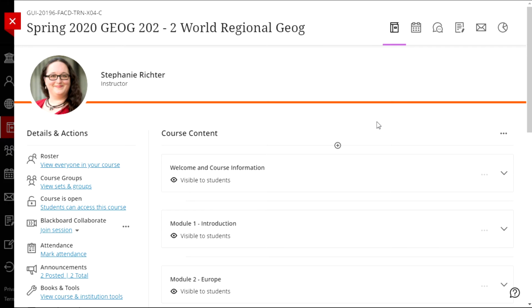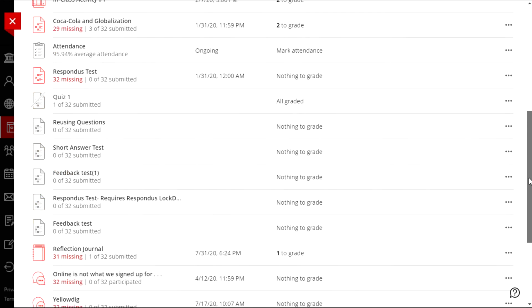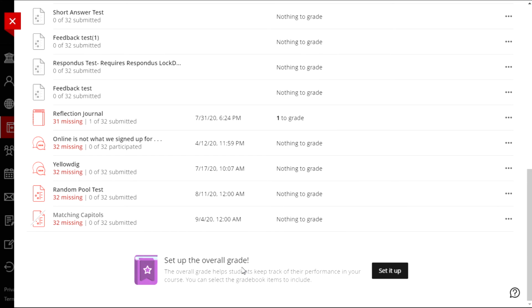In the Ultra Course View, the gradebook calculates the overall grade by weighting the assignments or assessments in your course. If you instead calculate students' grades based on the total points they have earned, divided by the total points possible for your course, there are two ways that you can use workarounds in the Ultra Course View in order to reflect that grade. The first one is to use the item weights in the overall grade.